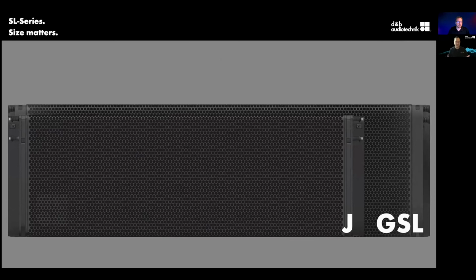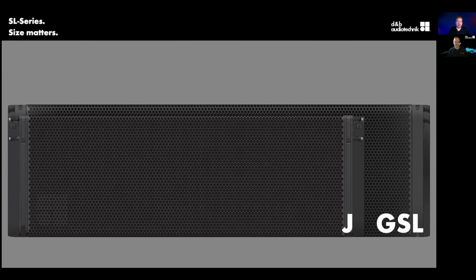So it is a larger box for certain, because once again, we talked about needing more headroom and wanting to have a box that's able to do the largest venues in the world with broadband directivity. So while it's wider, look at how much taller it is. It's not too tall considering all the advances that are in this box and the extended LF output that we get from something like that.